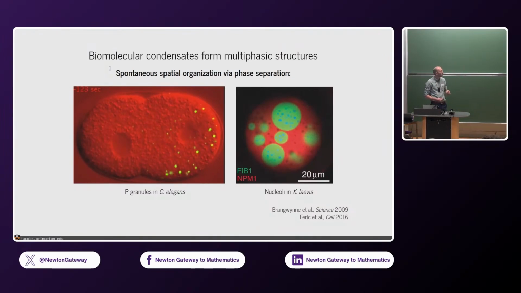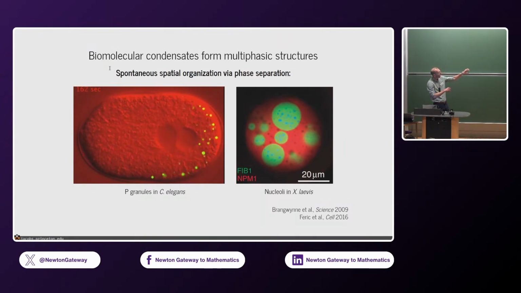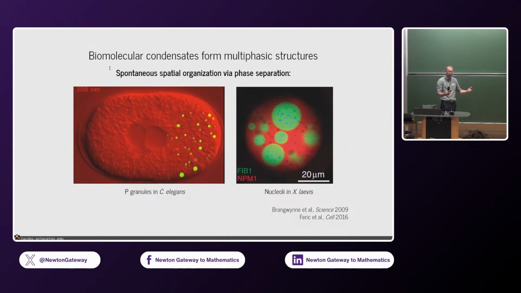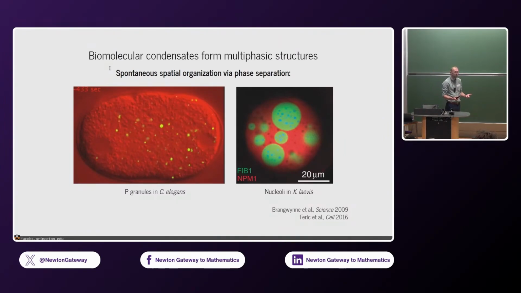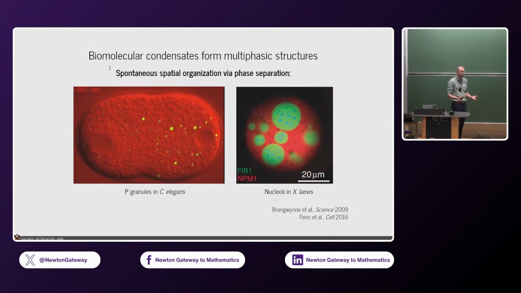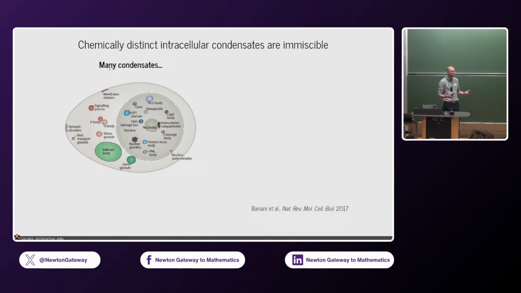This is a classic example, the nucleolus. This is where ribosomes are produced inside of nuclei, and each one of these compartments that are color-coded here has a distinct chemical environment, is involved in a distinct part of the ribosome assembly pathway. Right? But it's not just when we have these